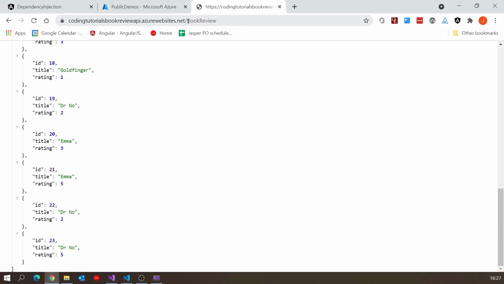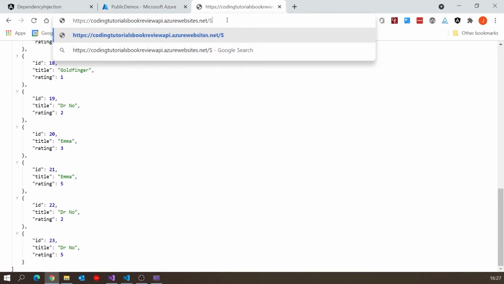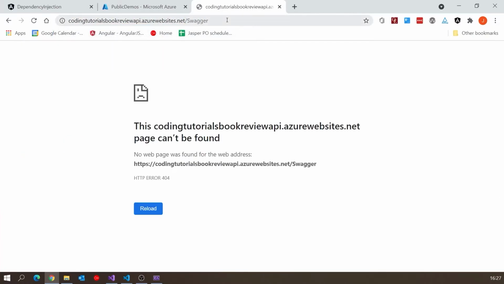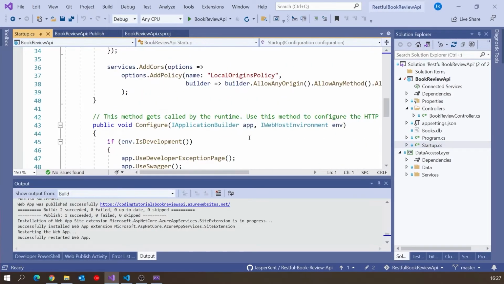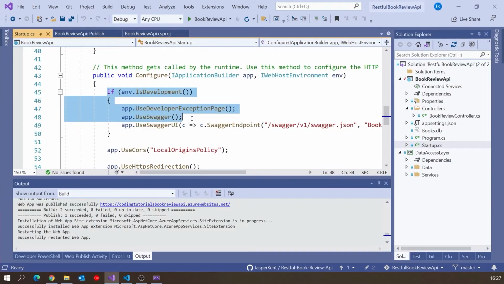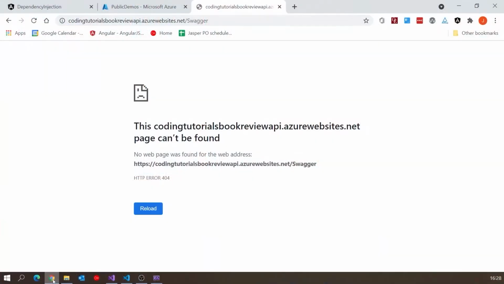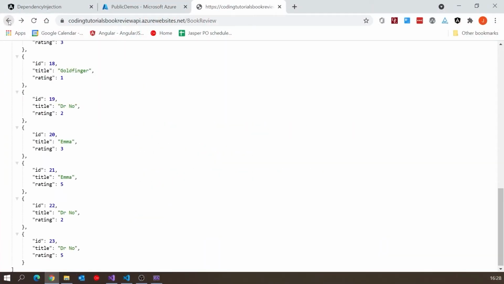Remember, the other thing we did normally when we were running this locally, we would go for Swagger. But if we do that, we actually get that it's not found. We get a 404. And the reason for that is the default configuration of Swagger, if we look in Startup, you'll see down here, it only sets it off, along with some other things, if we're in development mode. So when we've deployed it, we're in production mode, and therefore that doesn't happen. Now, plenty of situations you may want the Swagger to be available even in your production version, in which case obviously you'd make a slight change to the code there, but in this case we don't want it, so we don't have it.